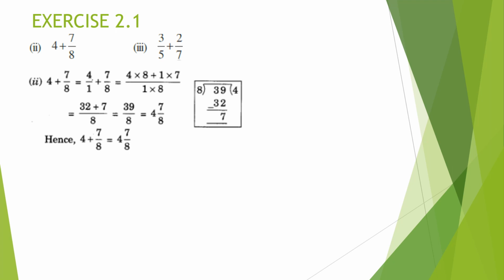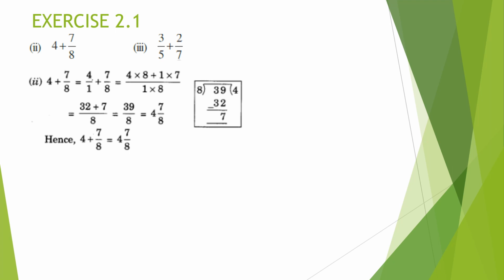Now you can see that the denominators are different. So we are not able to add the fractions directly. For that we have to find the LCM of these denominators. That is LCM of 1 and 8 we have to find. Here 1 and 8 are having no common factor, so the product will be the LCM. So the LCM of 1 and 8 will be 8. Now we can find the equivalent fractions with the denominator equal to LCM, that is equal to 8.